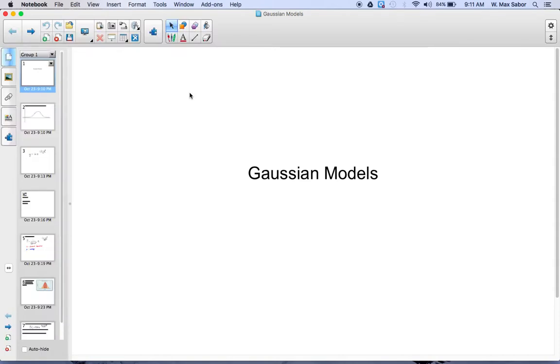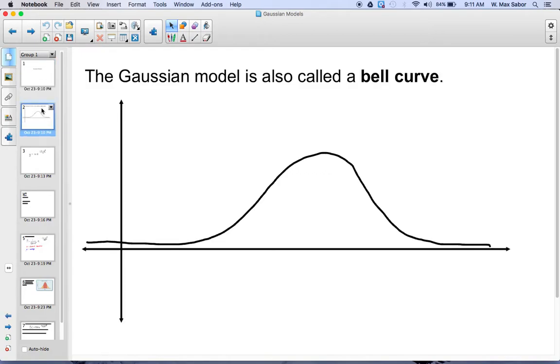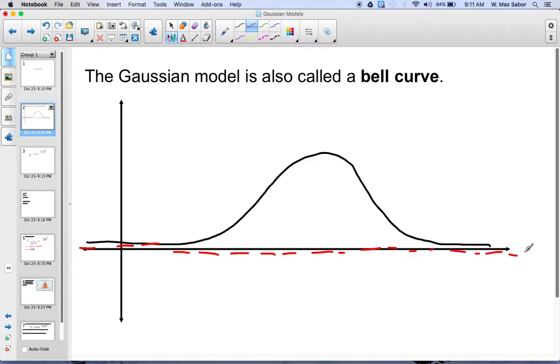What is a Gaussian model and what is it used for? Well, a Gaussian model is also called a bell curve. So you've seen bell curves before. They have some large concentration of data in the center and very little data out on the edge. This happens most often when you have a bunch of random variables contributing to a single output,